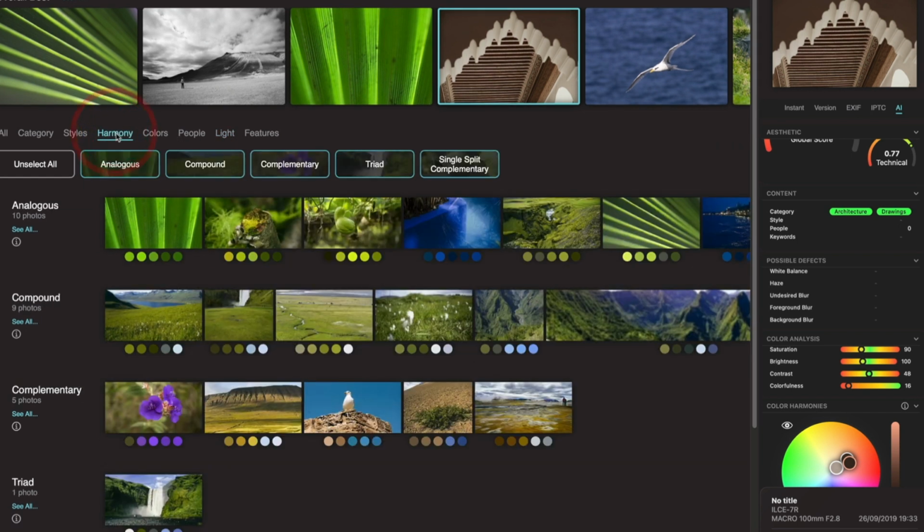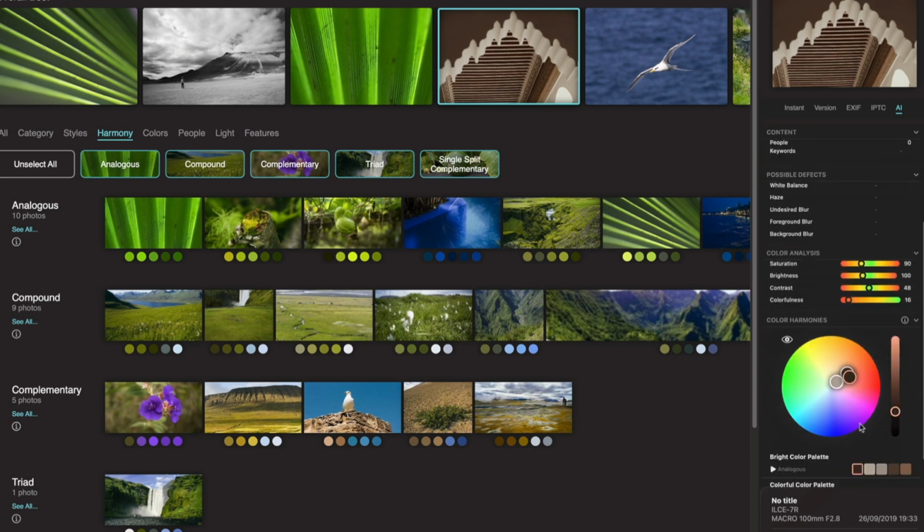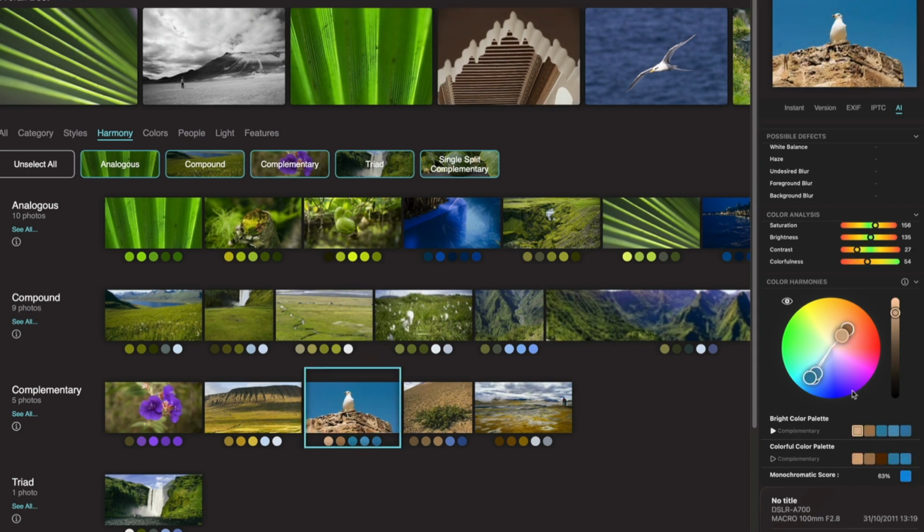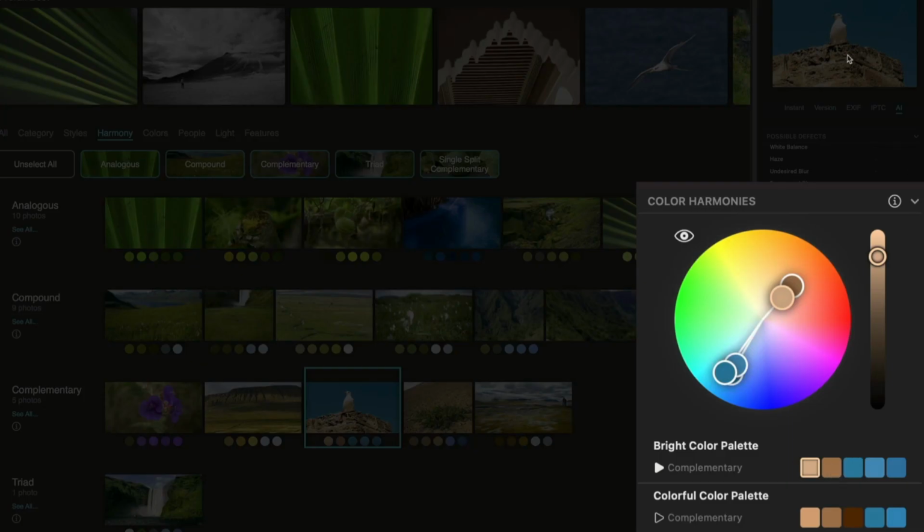And we've also added a new area to illustrate the color harmonies. So we use the palette that has been extracted, like in the case of this image, for example, and we display all the 5 colors of the extracted palette on the color wheel. This palette is detected as being a complementary color scheme, and you can click on the eye to illustrate why